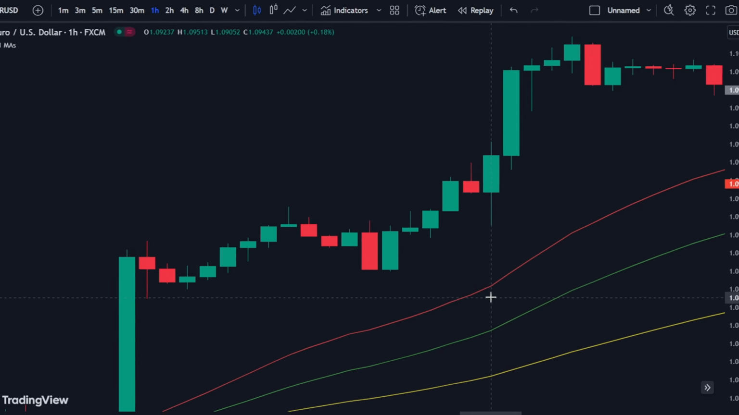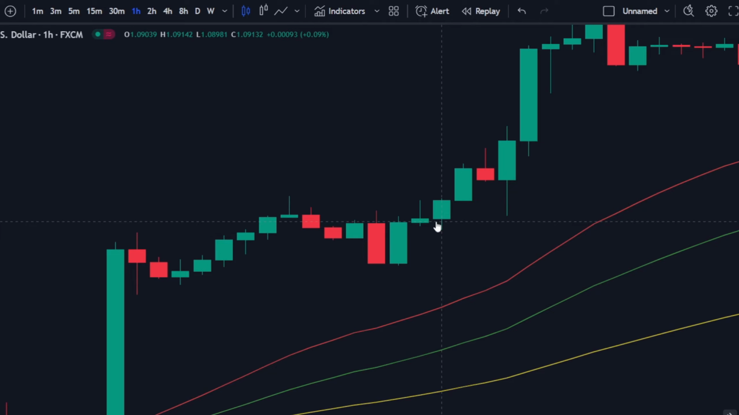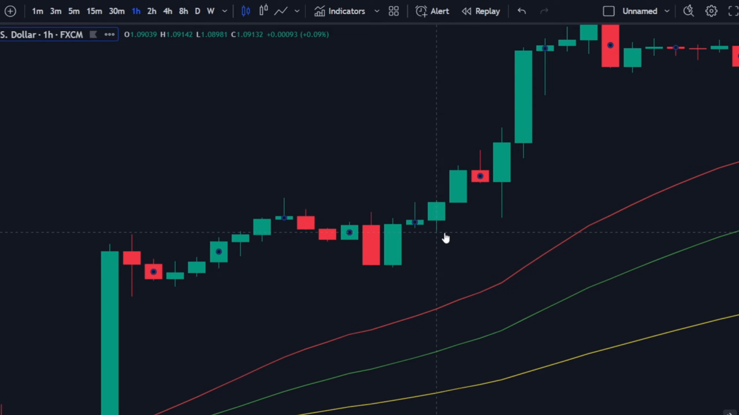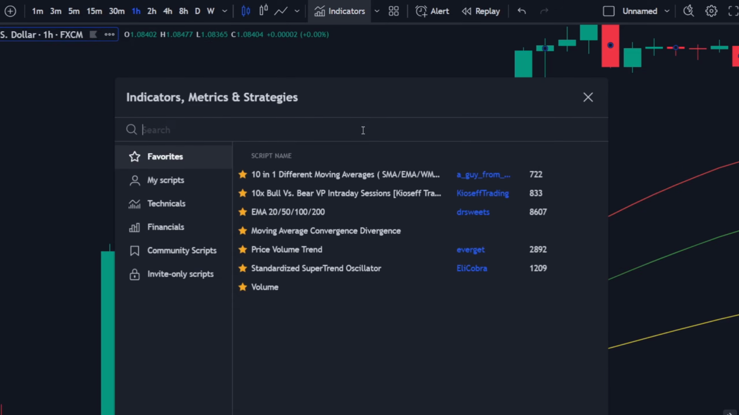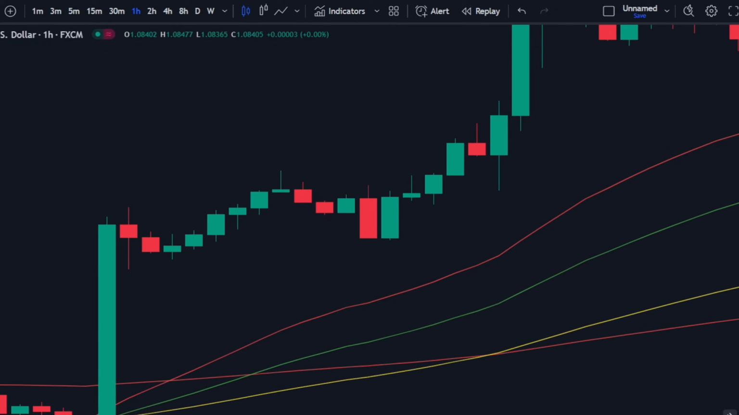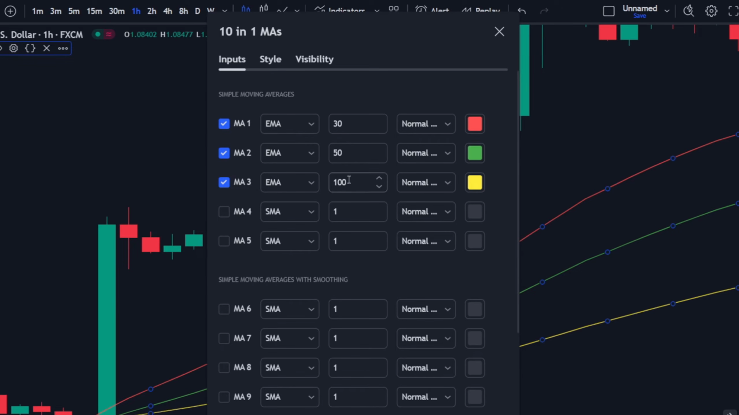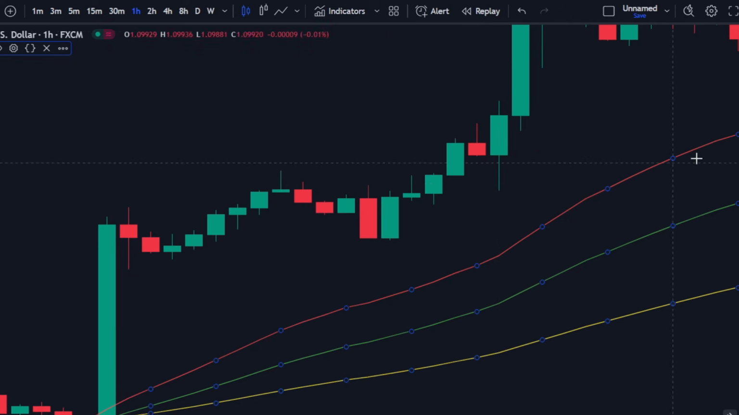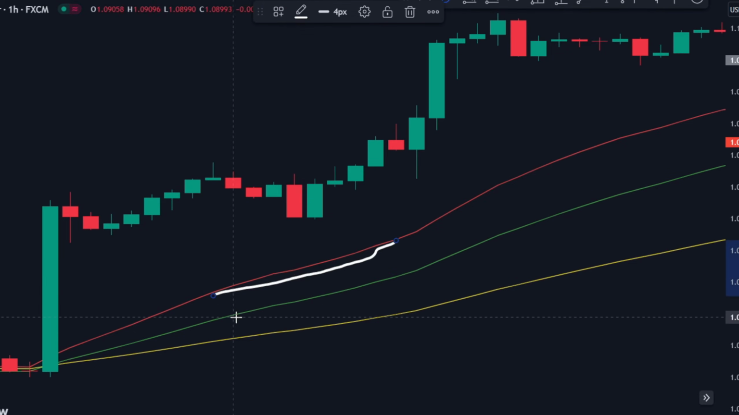And here is the second example, which is quite important. Let me show you. First, we need to open the indicator tabs and search for 10 in 1 different moving averages. Add this one to the chart. Second, we need to adjust the settings to create 3 EMAs with 30, 50, and 100 periods and different colors. As we can see, when the moving average lines are arranged like this, red on the top, green in the middle, and yellow on the bottom,